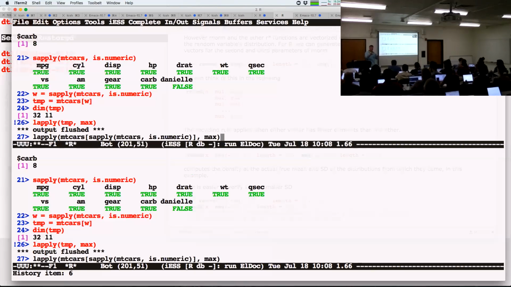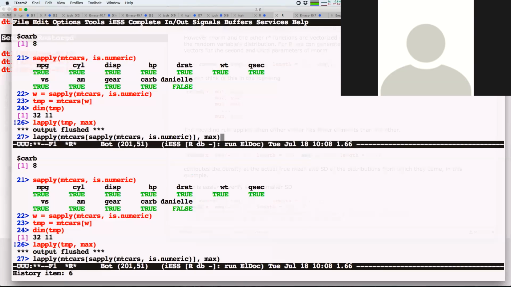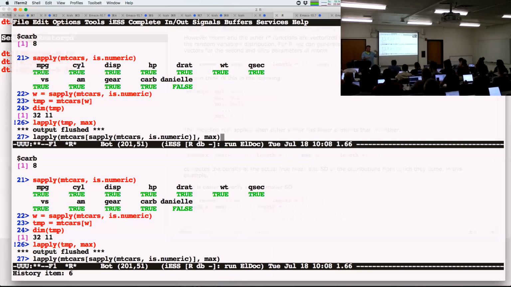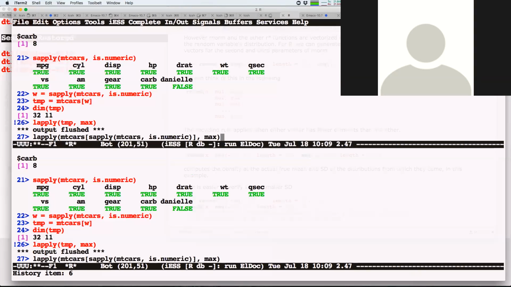But the try-catch function, there's two functions. Try, again, is very useful, because it's really annoying. You've written all your code, tested it on all of your silly, simple examples. Now you're ready to run. I'm going away for a long weekend, I start on Friday morning, I come back on Monday, and it got to the first iteration and stopped. That's really bad. It's much better to say, no, let it run the whole way through. Put a try anywhere and let's look at the failures, and then hopefully there's only a small percentage that fail, and then we'll loop over those again.